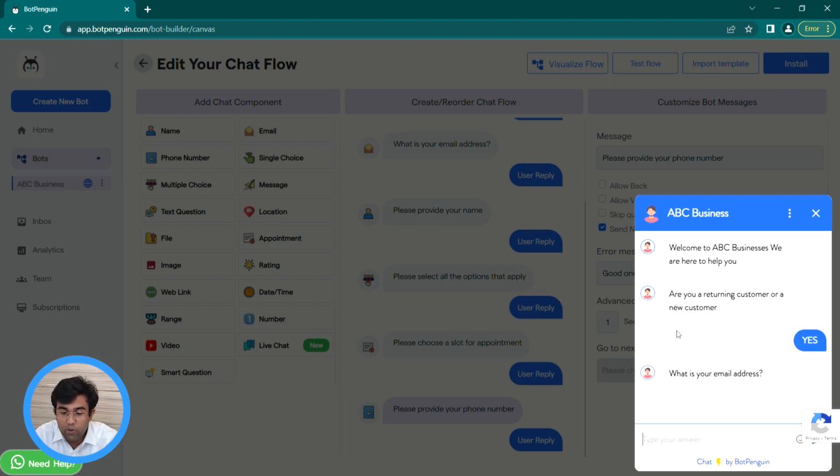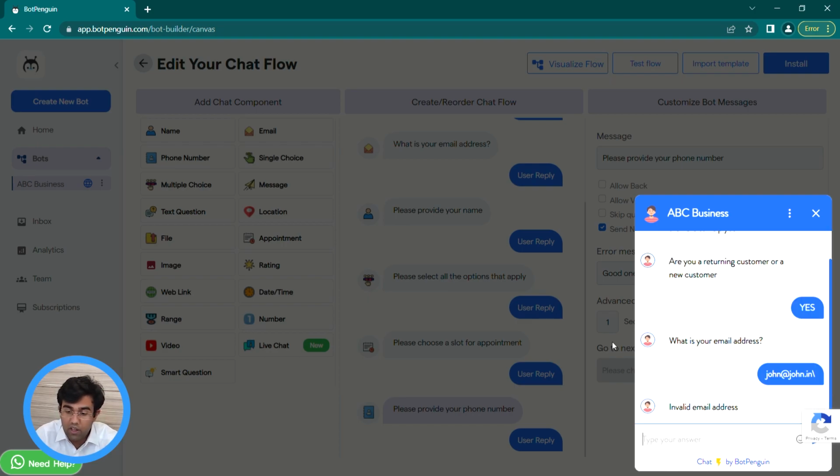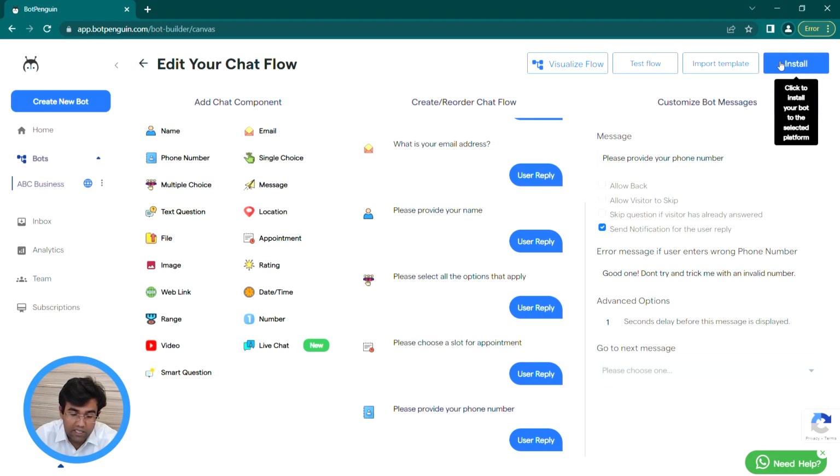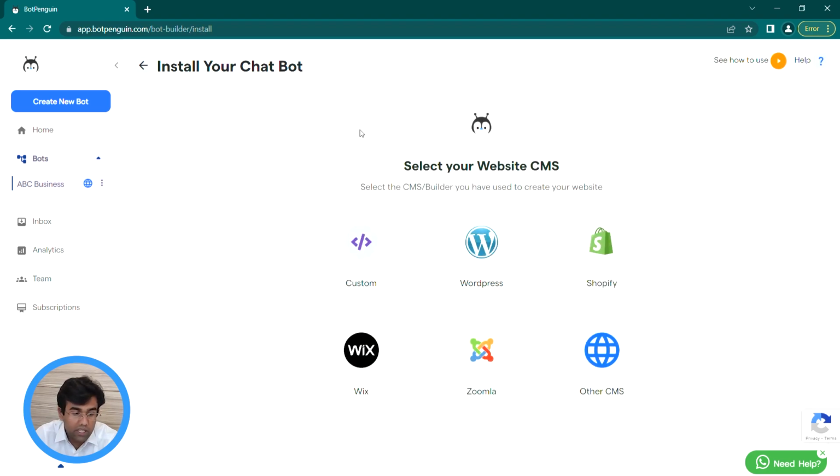Testing your flow will give you an idea if your chat flow is working or not on all use cases. Once done and you are satisfied with your chat flow, then you can go on to install it. You will have various options to install it depending on your website. You can either deploy it on your custom website, WordPress, Shopify, Wix, or any other CMS. Now,